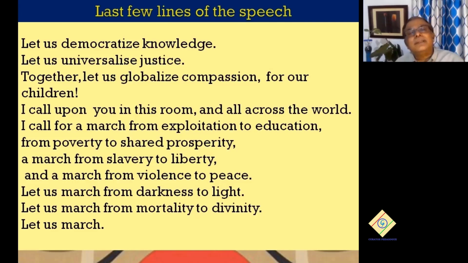Or if you simply read it as a prose text: let us democratize knowledge, let us universalize justice. Together we can globalize compassion for our children. I call upon you in this room and all across the world. It doesn't make any sense. It doesn't give you the spirit of the text. These all are practice, the preparations that the teacher has to do before the teacher walks into the